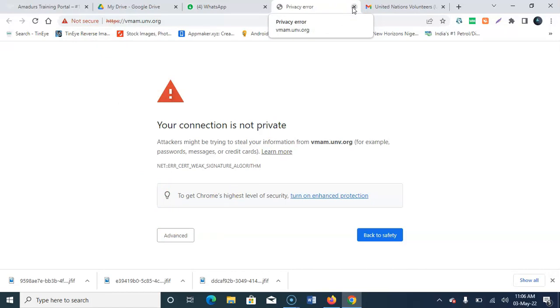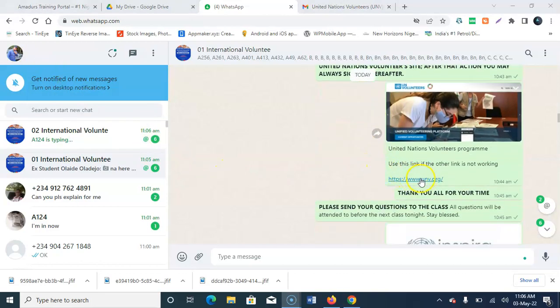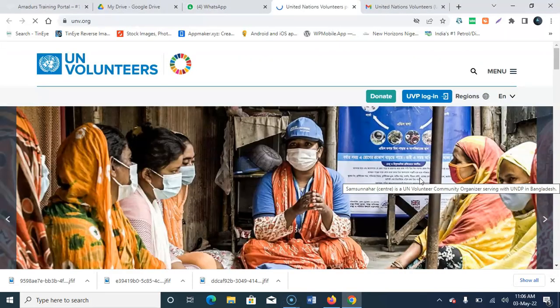The SSL certificate is what you see up here as HTTPS. It's possible it has expired and they've not fixed it, but it's not a problem. That's why we gave you another link. You should use this one, and when you click on it, it takes you straight to the UN volunteer section.